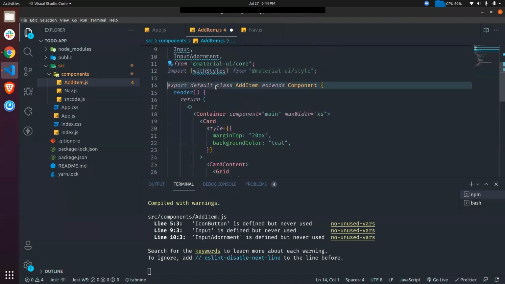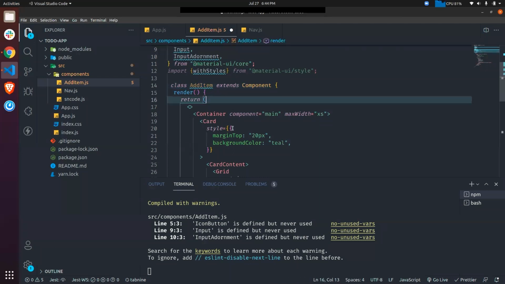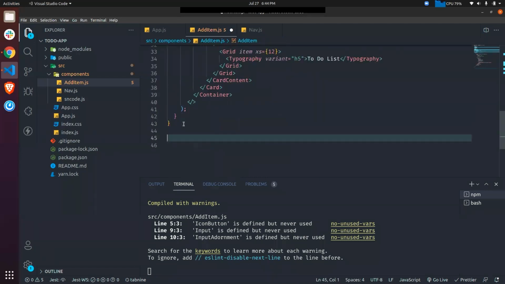We need to remove this so it will just be a class, and we have to write export default withStyles, and we need to pass our styles so that they can get applied, and also AddItem, our component.